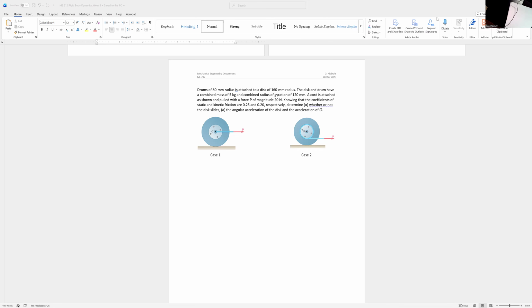Okay, so this problem here involves drums sliding on a surface. They don't really slide, they roll. Now, this is an important concept that we will discuss, and we'll probably repeat it and discuss a little more when I get one next week or the week after next, I'm sorry. But whenever you have something that's rolling, that's being pulled, then in this case, the friction always points to